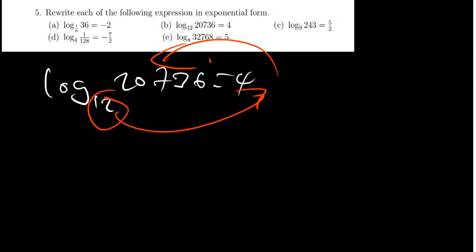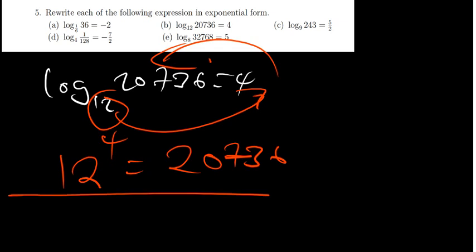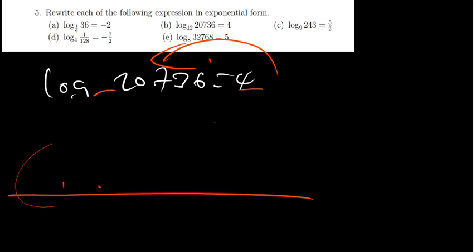So in that case, it's going to be 12 raised to the power 4 is equal to 20,736. This is now an exponential. Okay, and for sure, 12 raised to the power 4 is going to give you 20,736. Okay, let's now go to